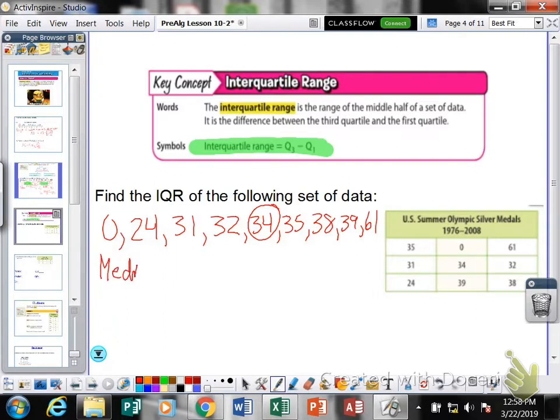So I'll write that down. And now we need to identify our lower half of the data, which numbers are included in our lower half and which numbers are included in our upper half. So my lower half of the data is going to be these 4 numbers here, because again,